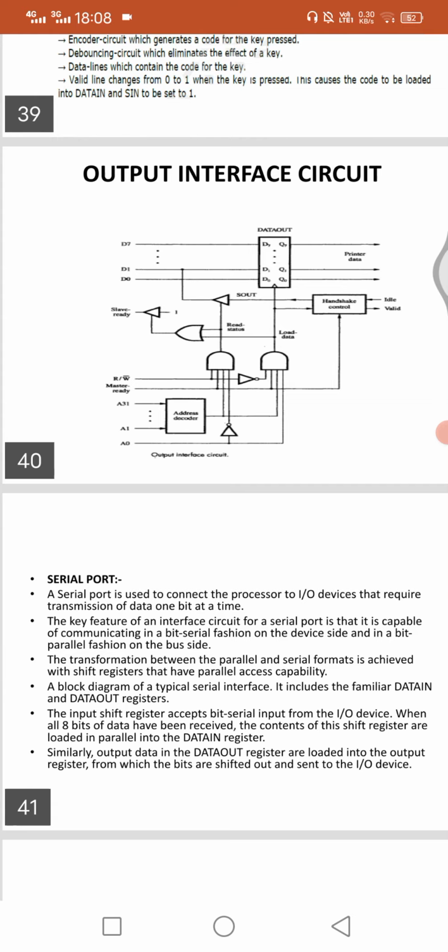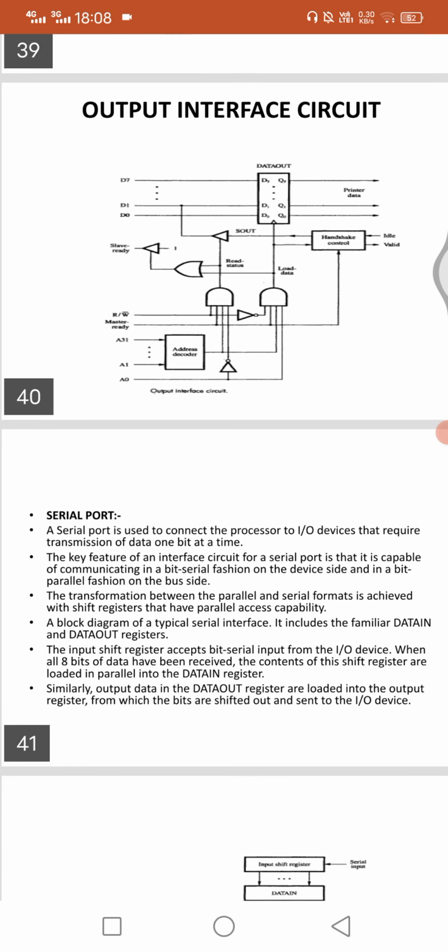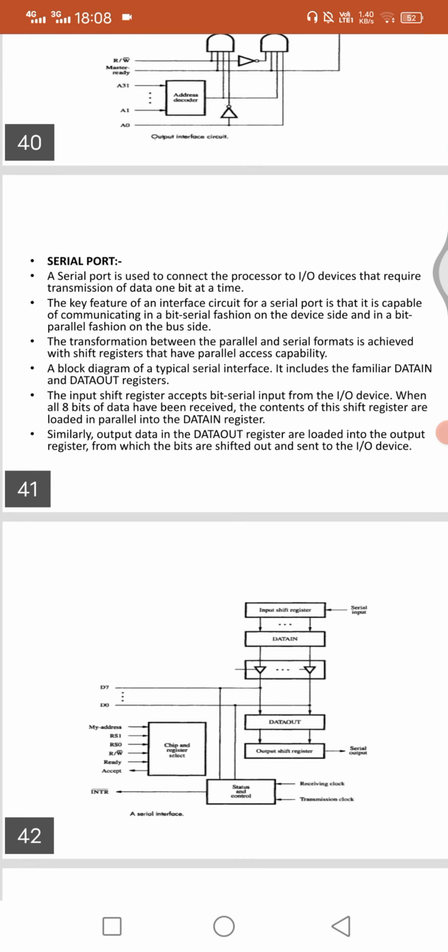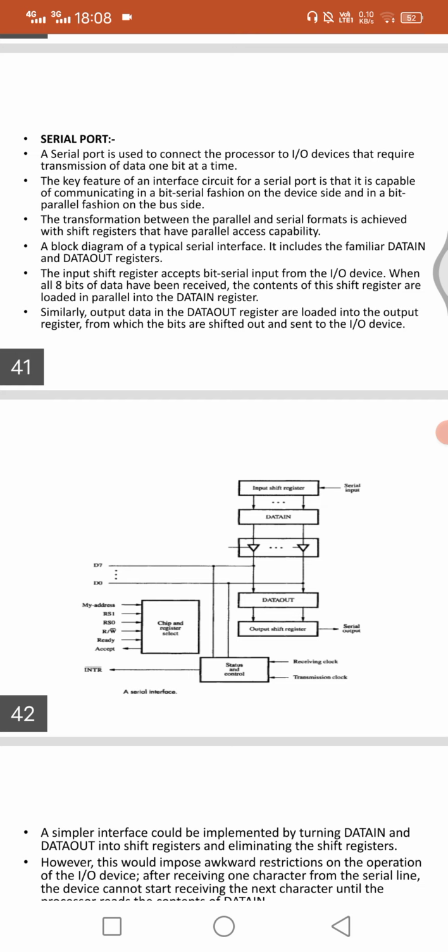A block diagram of a typical serial interface includes the familiar data in and data out. This is the representation. The input shift register accepts the bit-serial input from the input device.